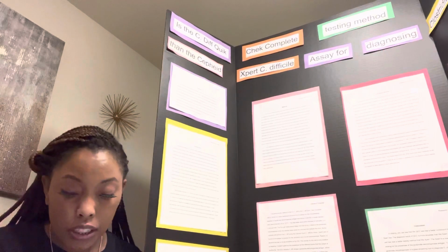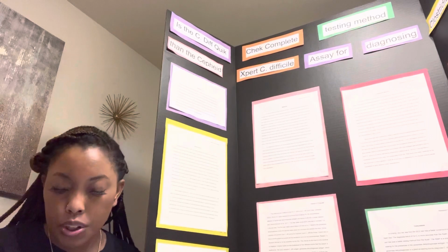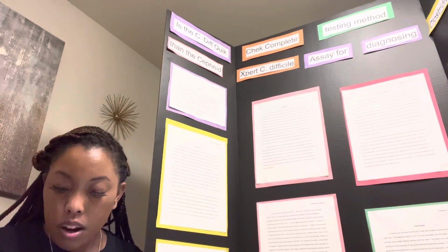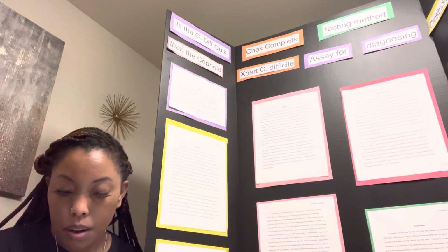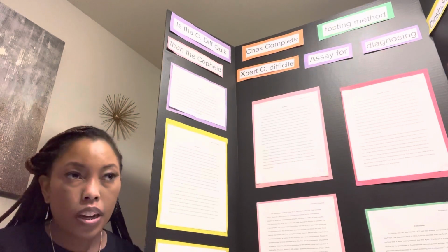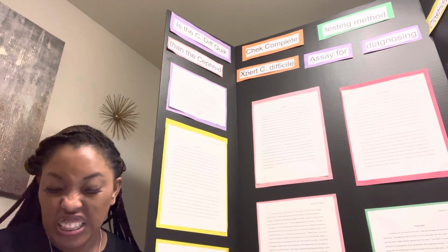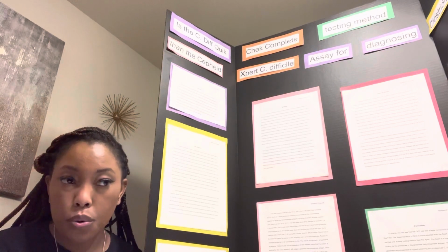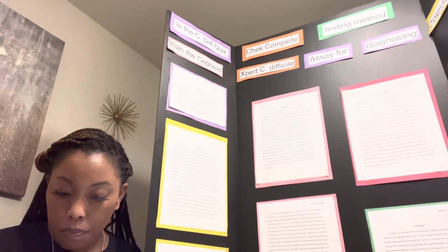So toxin A is known as the enterotoxin that damages the tissue. It could damage the inner lining of your intestines and things like that. Toxin B is the cytotoxin. With the cytotoxin, I guess it's just letting you know that you have it, but it's not contagious. It's not infectious. It's just saying that you did have it, but it's not active at this moment or causing any